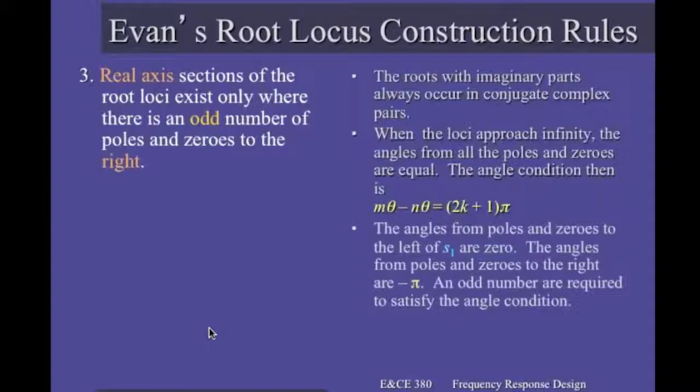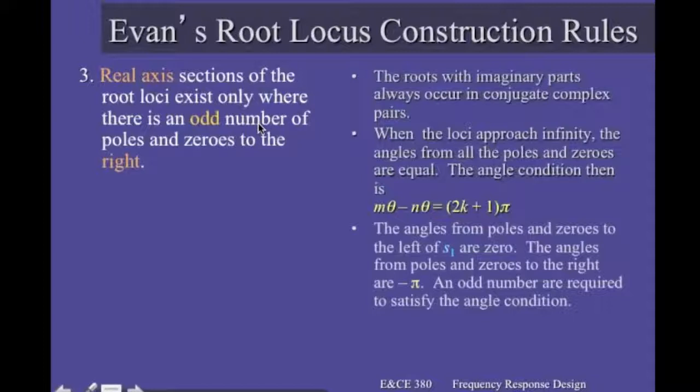The third Evans rule states that real axis sections of the root loci exist only where there is an odd number of poles and zeros to the right of our current point. The roots with imaginary parts do not interfere in this, because they always appear with their conjugate partner,